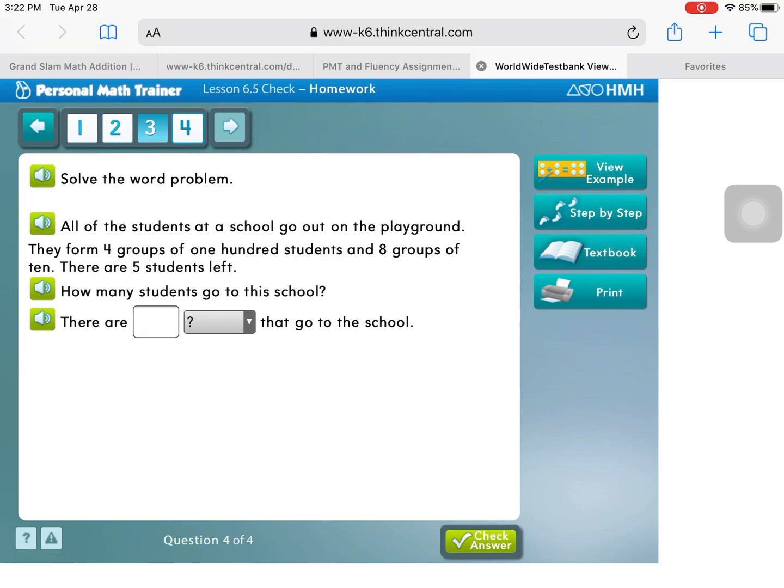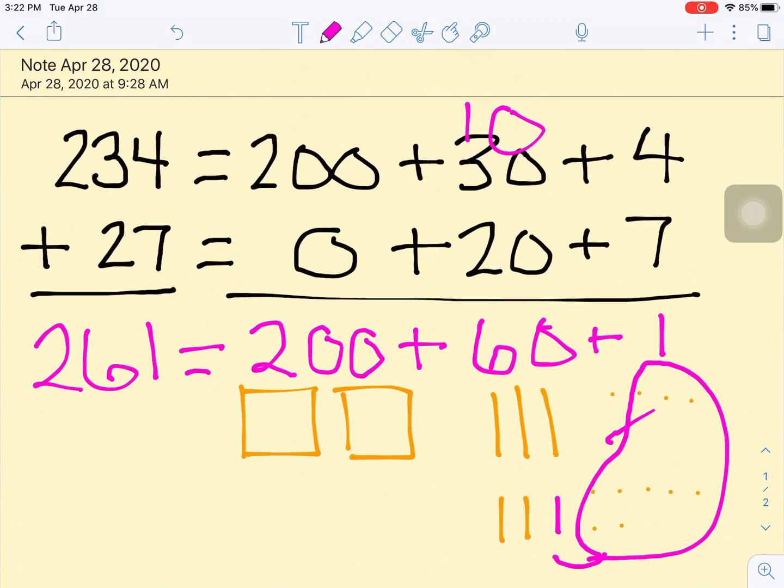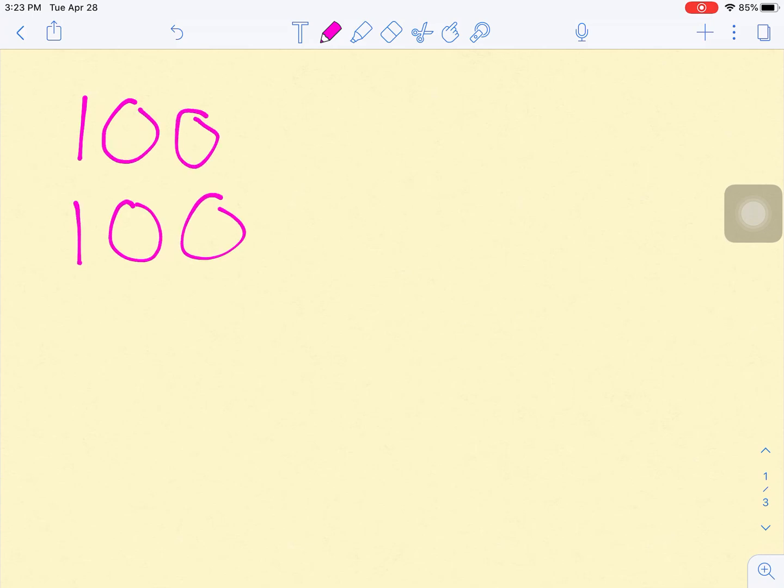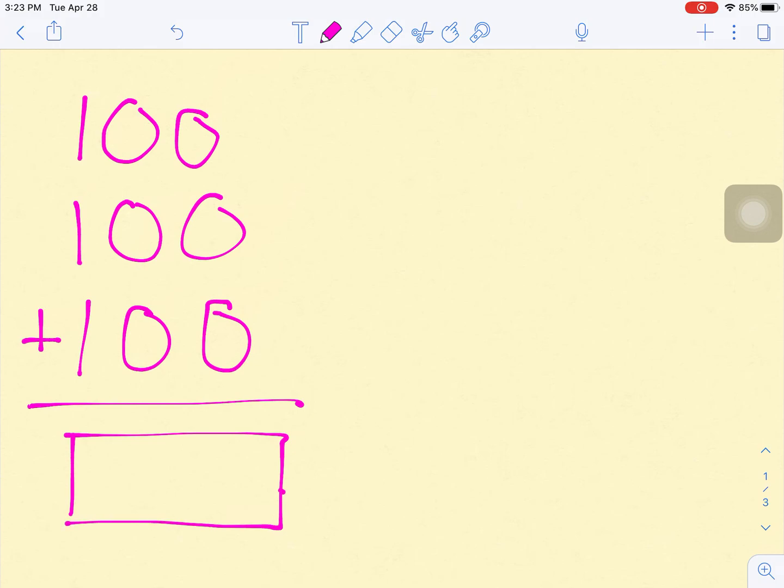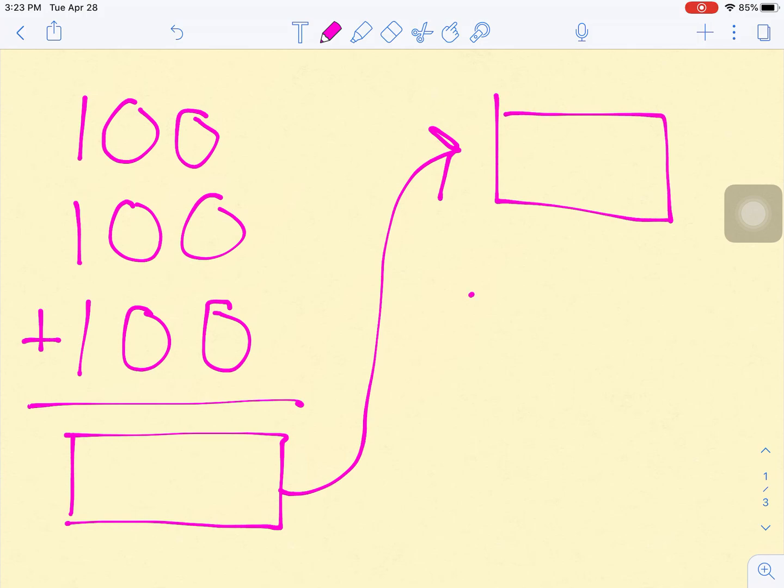All right, so just give me 1 second here. Mrs. Hagedorn is going to actually see if she can go to Notability, and it looks like she can. But now she wants to go to a whole new page, and she wants to remind you when you're working that if you would be asked to add something like 100 beads plus 100 beads plus 100 beads, how many beads would that be in the hundreds total? Okay, and then we would take that amount and we could add that, whatever that amount is. And then it said plus